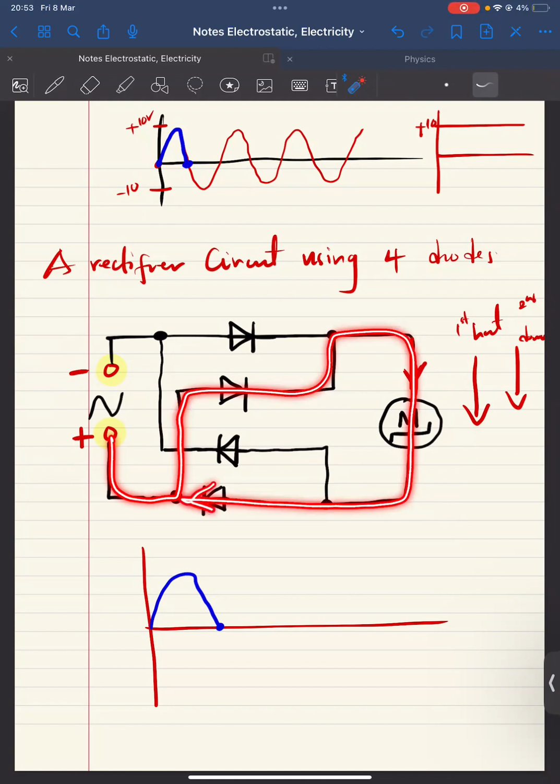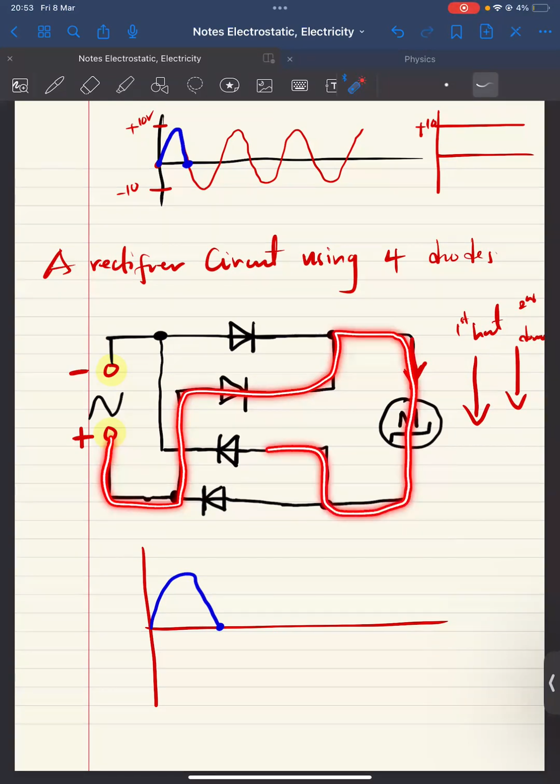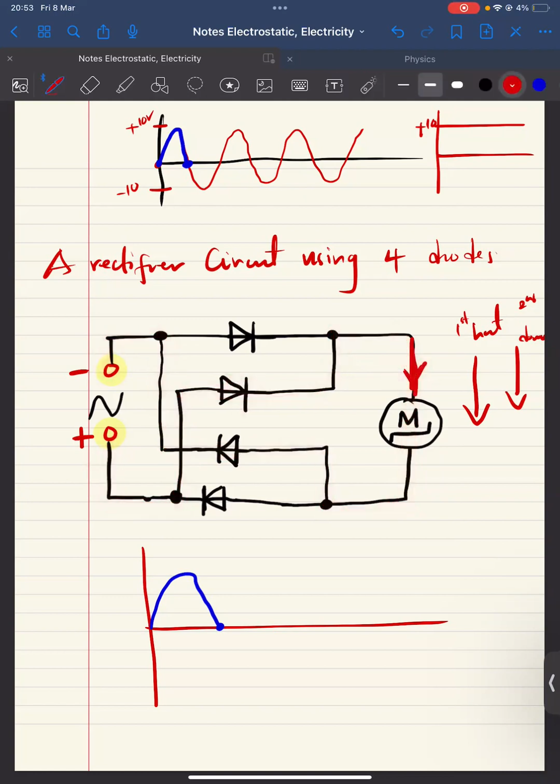It cannot go like this. Current cannot take the same path. If it is using this path to come in, then it will use this path to go out, another wire. So again, our current is flowing from positive to negative. Now, in this case, this will be the current